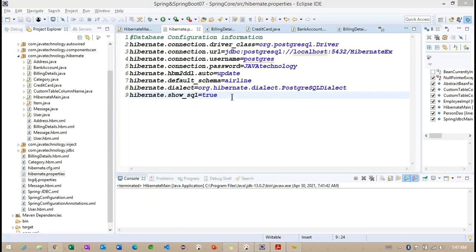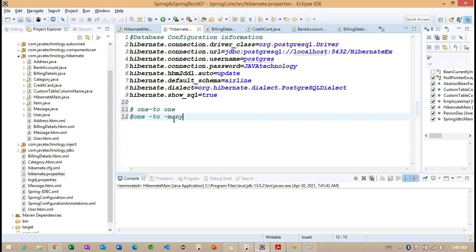Now, what are the associations we are having in Hibernate here? We are having, first one, one to one, one to many, and many to one.